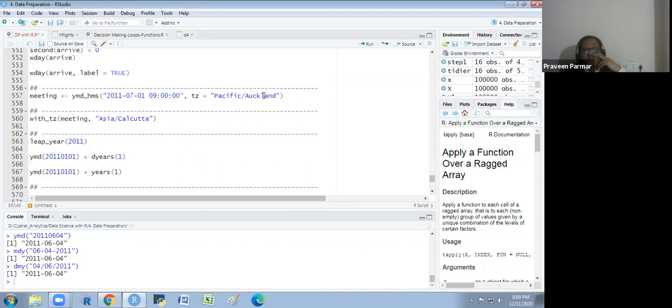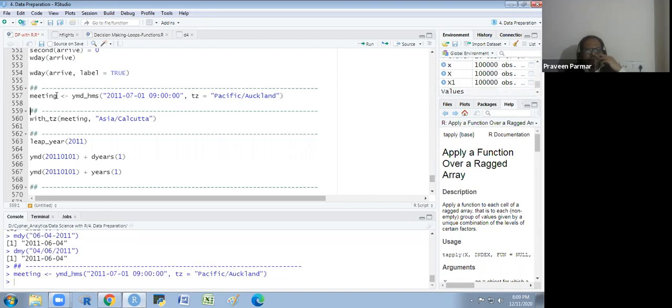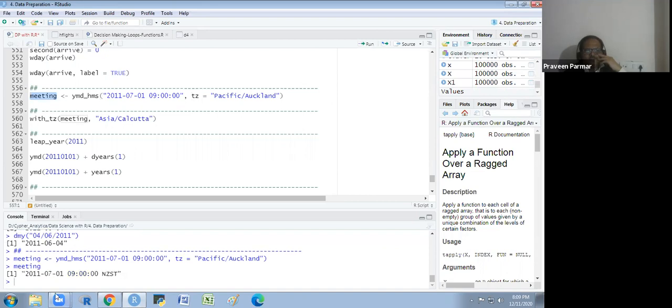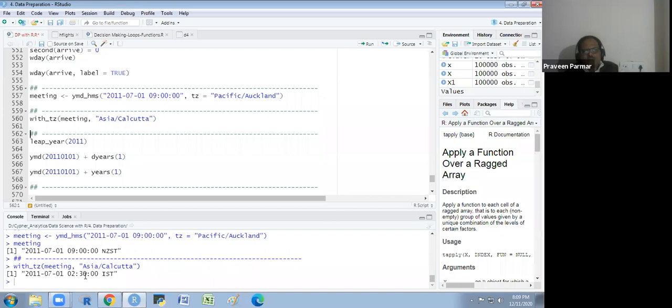The time zone is Pacific Auckland. And if I show you this meeting, you will see I am getting this. Suppose someone has written this time in my mail, and I want to see what it is. So I could use this function with tz meeting Asia Calcutta. So I will get the Indian time here, which is 2:30 IST. It is a 24-hour timing.